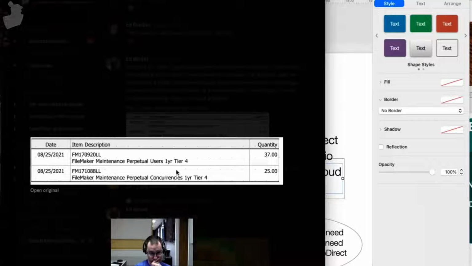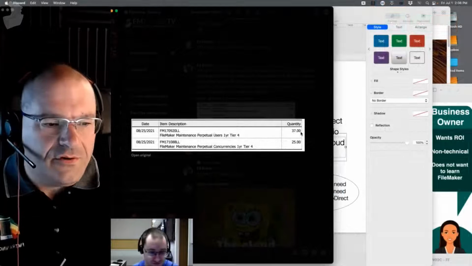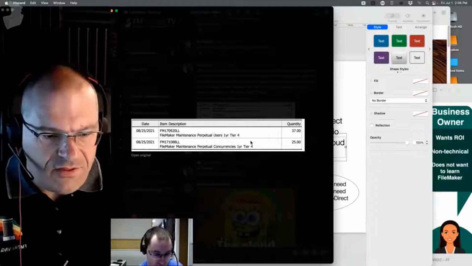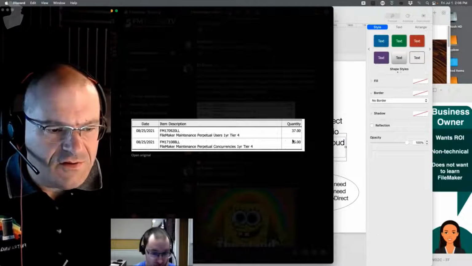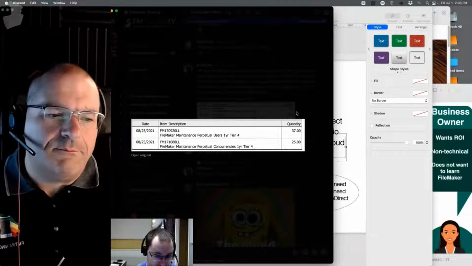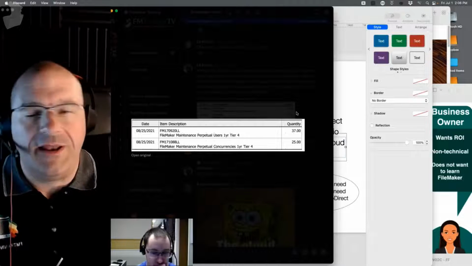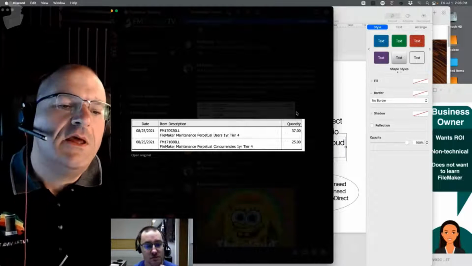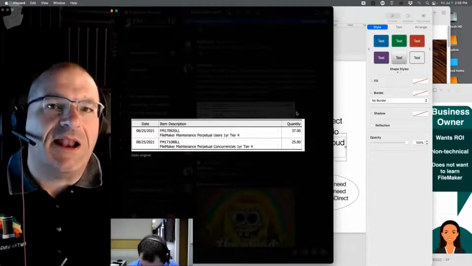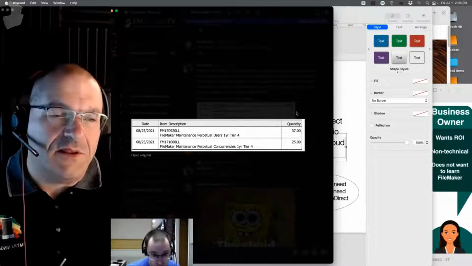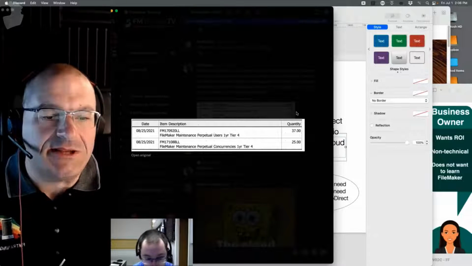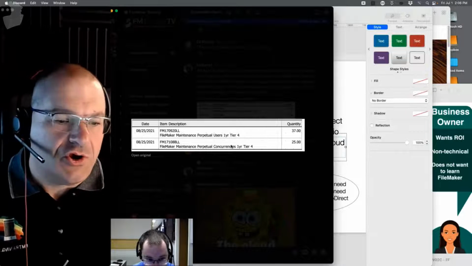And I don't get why the concurrency is cheaper than. It's quantity. There's 25 concurrents, 37 users. So that's quantity 37, and so you're buying both of these. Yeah, we would take this offline with you, but generically for everyone here, I would simply say that I like the fact that Ed bought the Perpetual. He's been invested in it for a while, and he's paying the maintenance, whether it's concurrent or